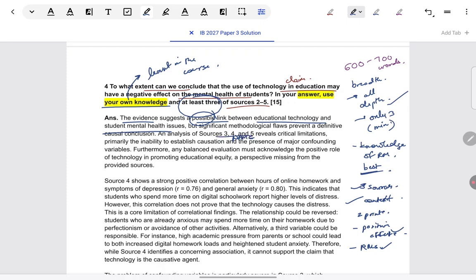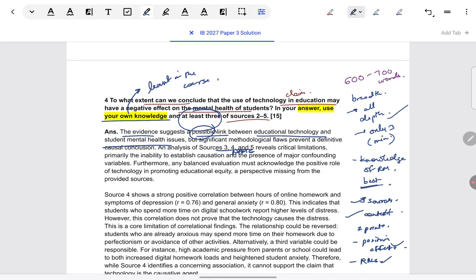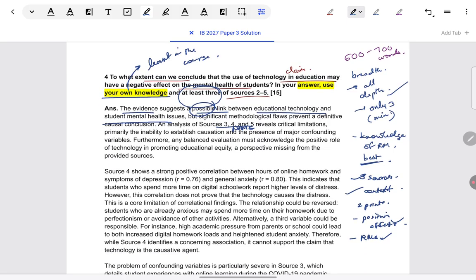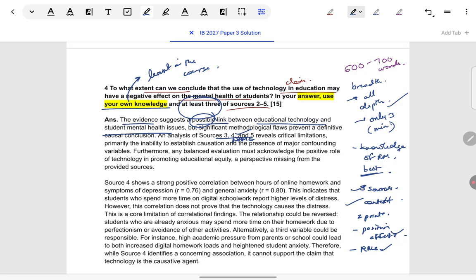From an examiner's point of view, they have to read so many answers. How will they know which sources you are taking? Every student can take different sources and a different number. So in the introduction itself, make it clear which ones you're taking. I've just taken 3, 4 and 5 randomly. You can take any. And for what is going to come ahead in the essay, you can orient or signpost the examiner that we are going to look at the critical limitations of all these sources, how they are not able to establish causation mainly. I came to this idea because throughout we kept seeing these are correlational, potential confounding variables are there, third variables are there. So the common problem I saw in all of them was causation, which I will definitely be discussing.